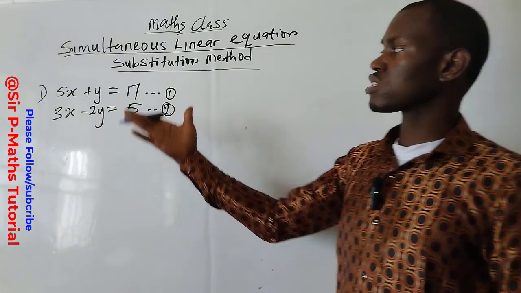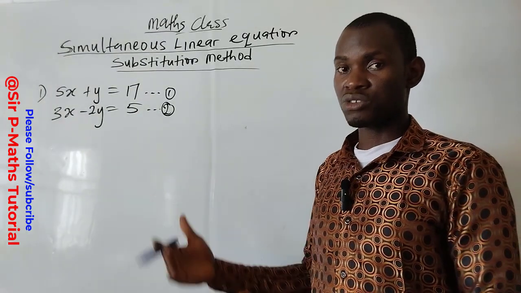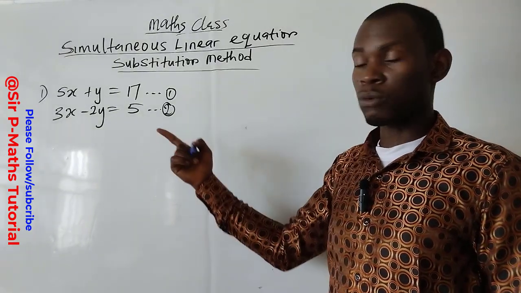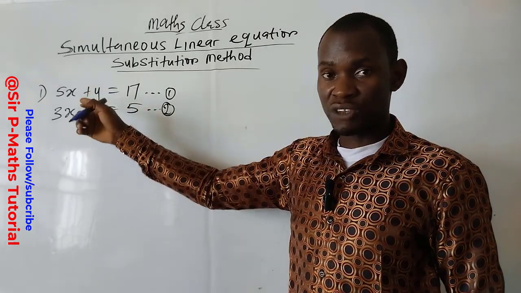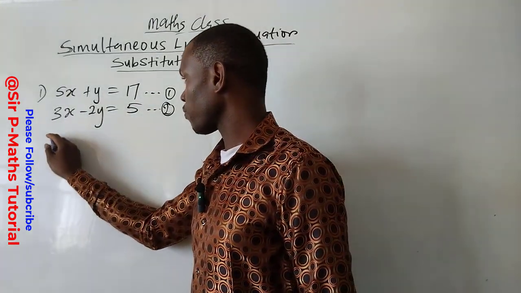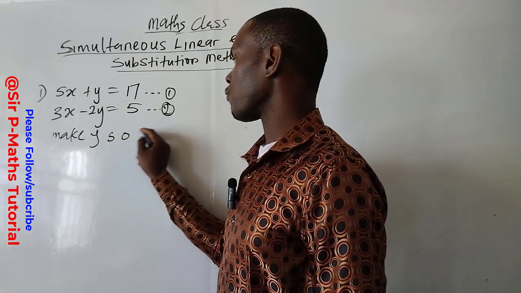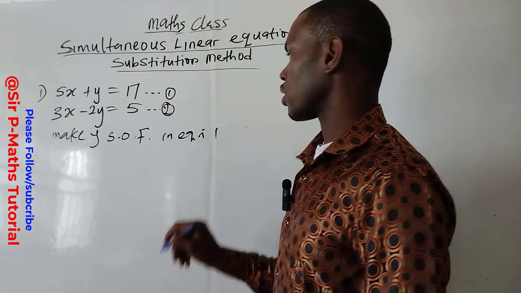To solve this, choose either of the two equations and make one of the variables in that equation the subject of the formula. But it is advised you look for the simpler one. Just like equation 1 here, I have y, which does not have a coefficient, so it's easier to make y the subject of the formula here. So we say make y